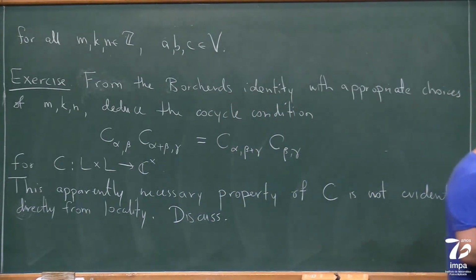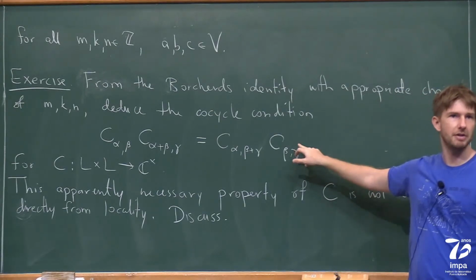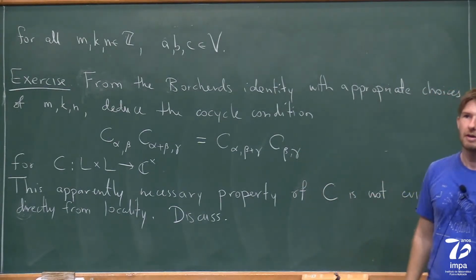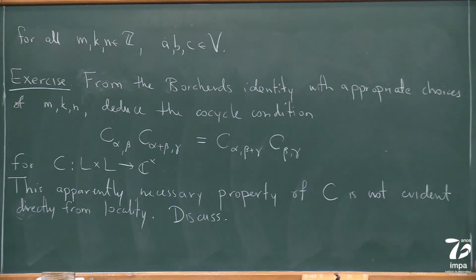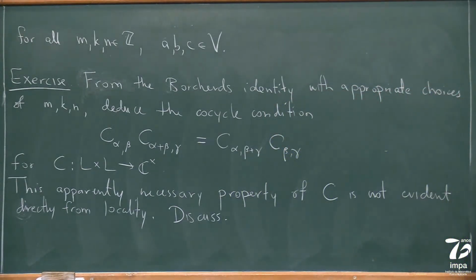Okay, so a slightly uncomfortable fact, I guess, is that from the Borcherds identity, you can deduce that this function C has to satisfy this cocycle condition. On the other hand, it wasn't very evident directly from the argument involving locality that it should satisfy this condition, but somehow it does have to. So discuss. Okay, so